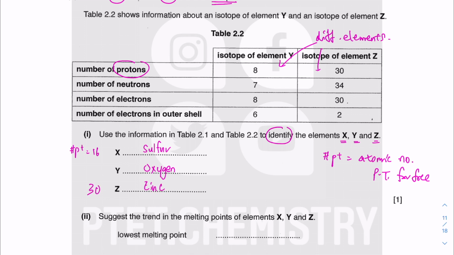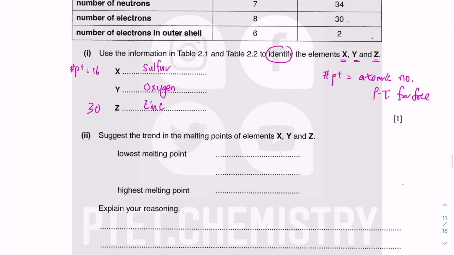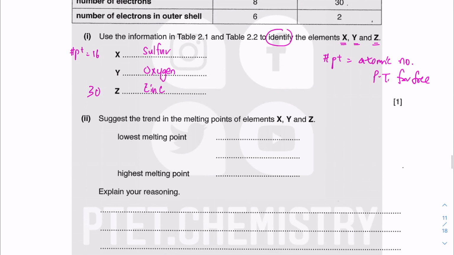Okay, and these are obtained from the proton number, which is also known as atomic number and stated in the atomic structure syllabus and also in the lesson notes, as part of the lesson objective, and also in the lesson note part itself, there is the definition of proton number, and we keep on using atomic number, proton number, identity of the element. Now, sulfur, oxygen, and zinc, which one has the lowest melting point and which one has the